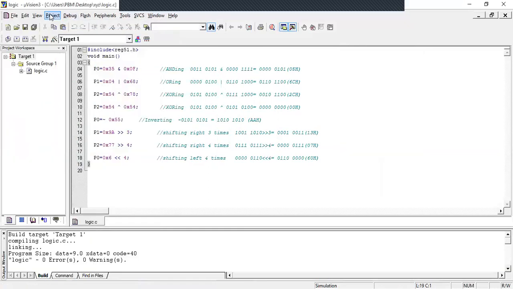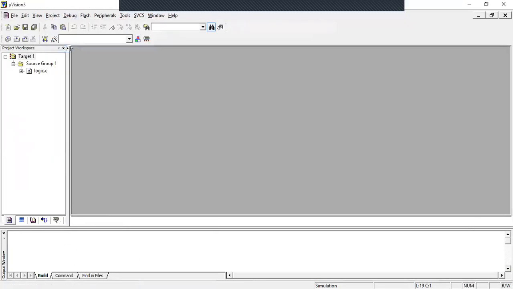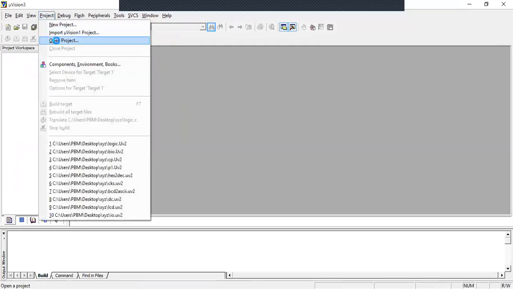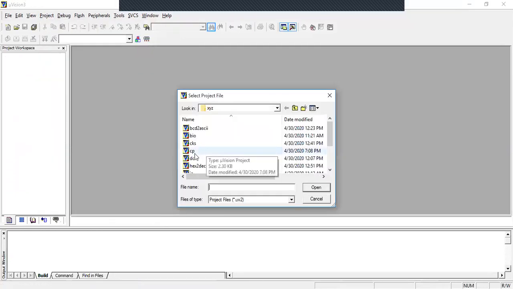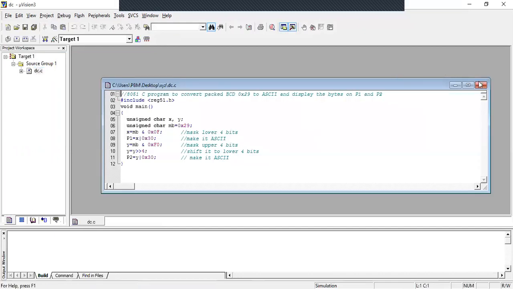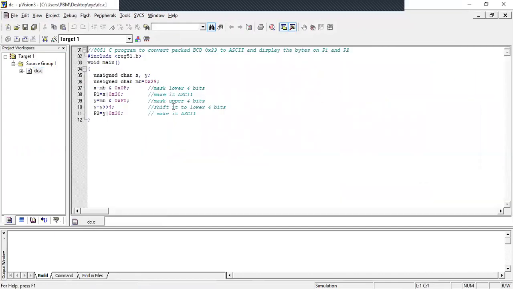Stop debug session, close the project. Next is data conversion. So let us see. This is a data conversion program.